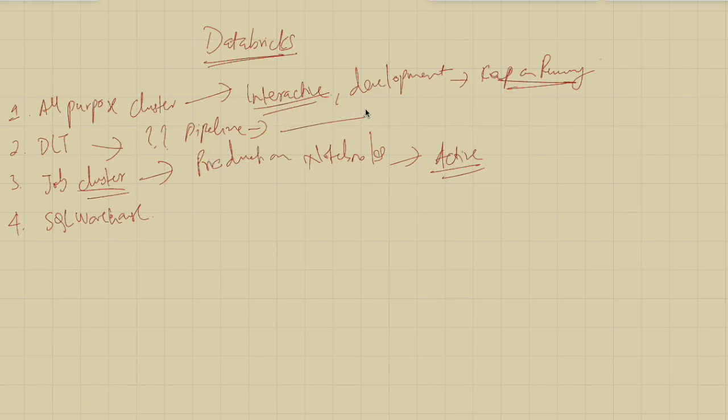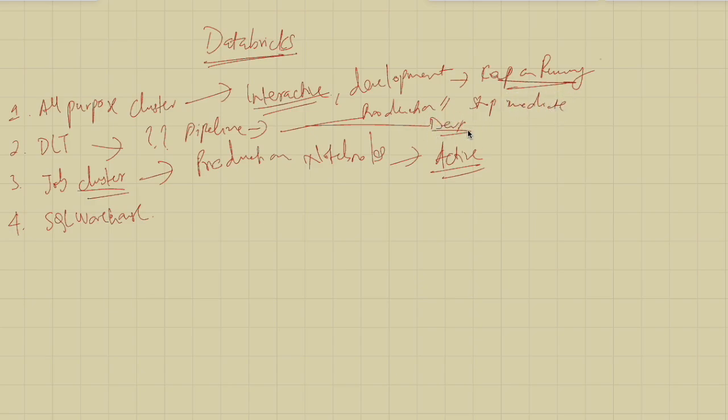Now here there are two options, right? If you see, there is a production option and there is a development option. When you create a DLT pipeline, these two options are there. If you use the production pipeline, it will stop immediately as soon as the job is complete. Okay, but